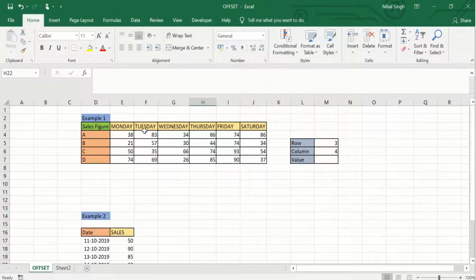Hey guys, in this video we will see the OFFSET function. An OFFSET function is used to return the value at the intersection of a row and column that we have specified. For example, here I am going to write an OFFSET function that will return the value at the